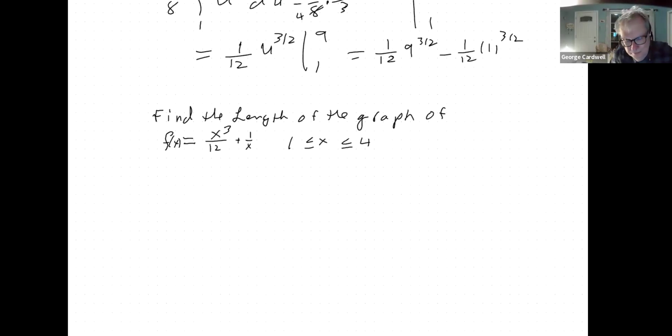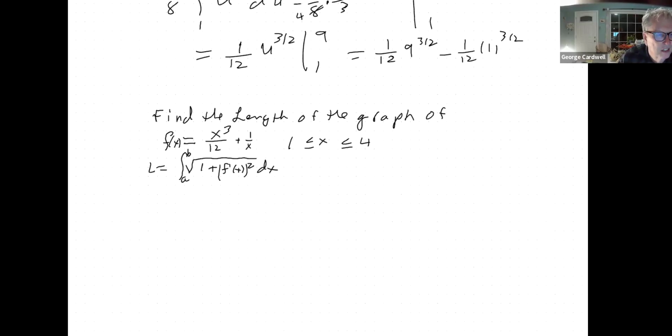So again, the easiest process. If you want, you can write the formula down again. The square root of 1 plus f prime of x squared dx. And then do what the formula says to do. So the formula says find